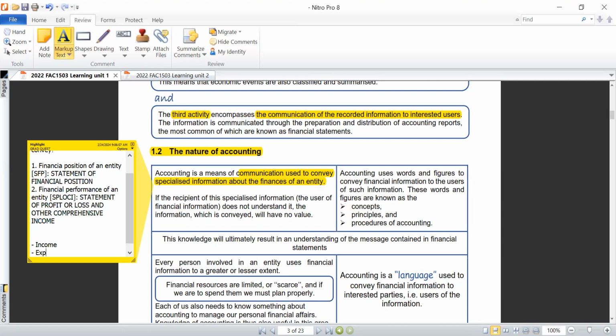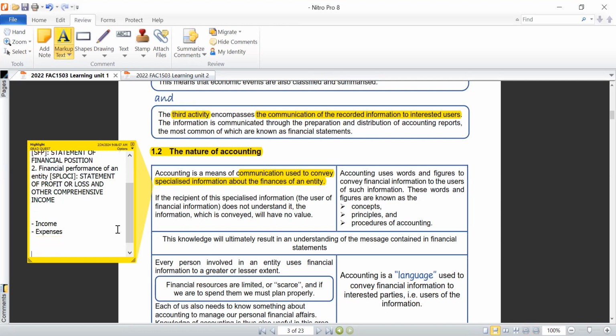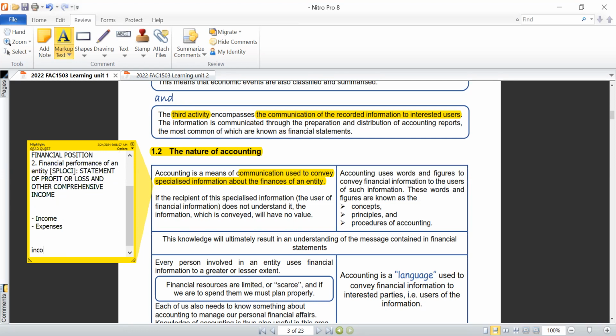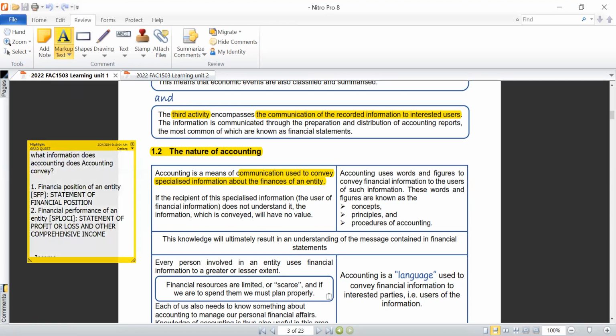The difference between an expense and an income can give you either a profit or it can reflect a loss. So that's why it's called financial performance, to reflect whether the company is profitable or poorly performing, meaning it's actually making a loss, right?